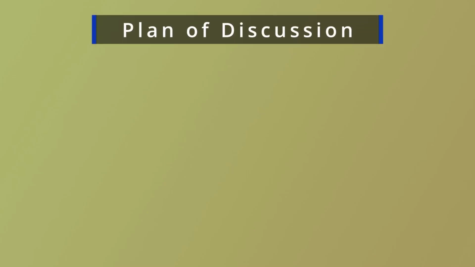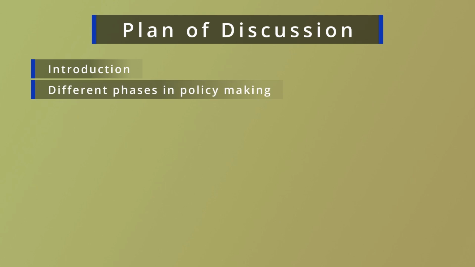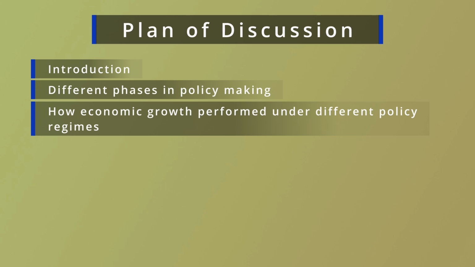Now, what is the plan of discussion? The plan of discussion is that we introduce the problem, then we talk about different phases in policy making from import substitution to reforms, and then we talk about how economic growth performed under different policy regimes, and finally we conclude. The planning process, as we have done under Module 7, you saw that in the planning process,